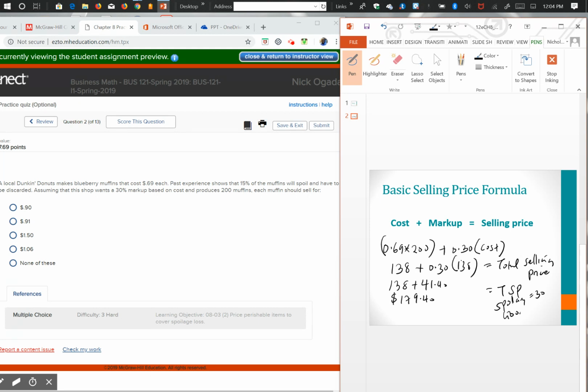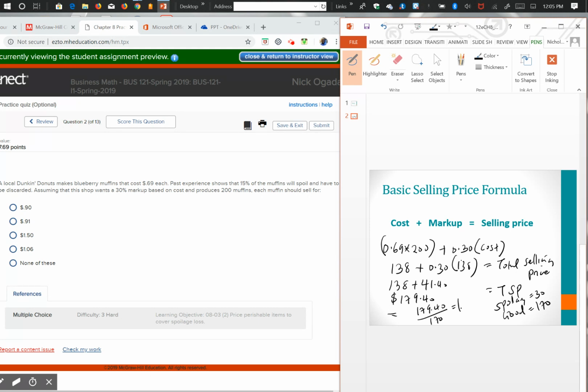So the spoilage here is 30 muffins, which means the only good muffins is the 200 minus 30. Only 170 muffins are going to be good, which we're going to sell, only 170 muffins instead of the 200. So to determine the selling price of each muffin, you will just take the total selling price, which is the 179 and 40 cents, divided by the good muffins. In this case, the good muffins is 170. So if you divide 179, again, you go to your calculator, you can do this math, 179 and 40 cents, and divide this by 170 muffins, which are the good ones,